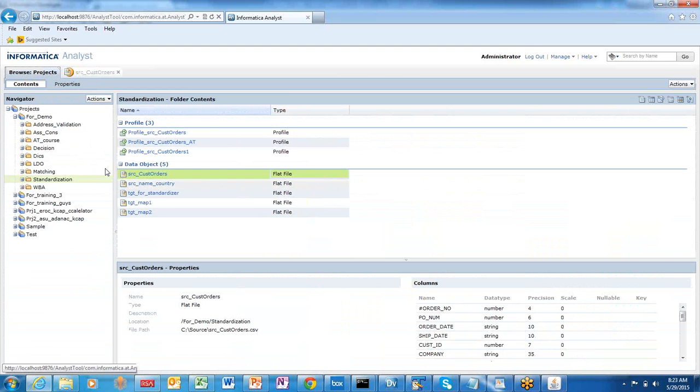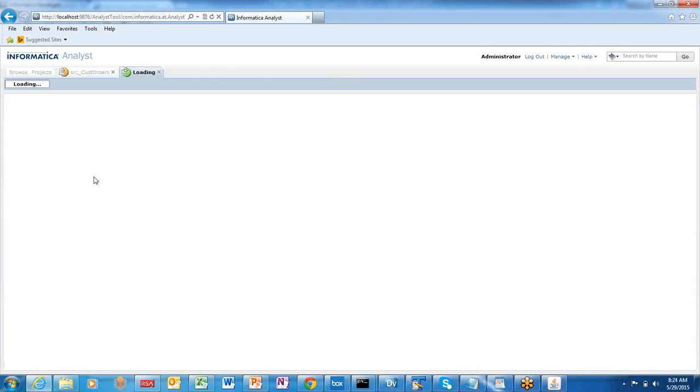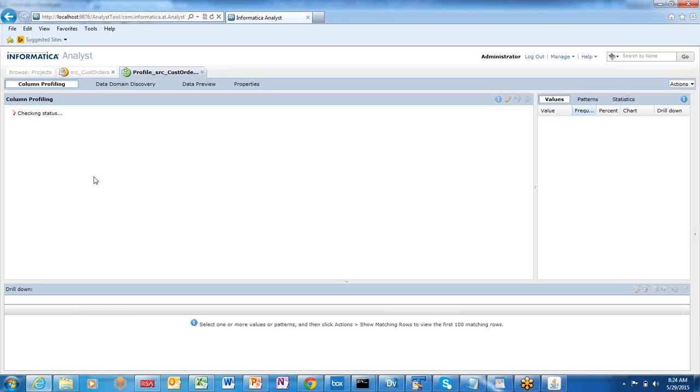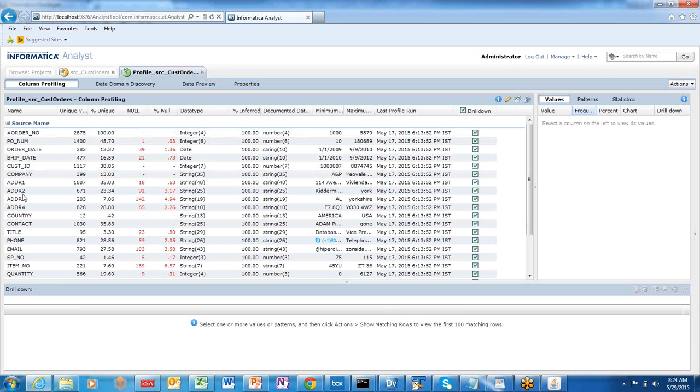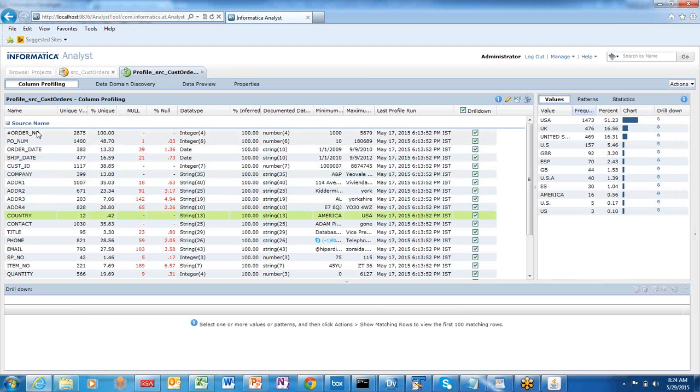So as a business analyst, I will profile this data. I have profiled this data already, and it gives me insights about my data. These are all the different columns in my source: order number, purchase order number, order date, ship date, customer ID, company, address one, contact. So basically these are the different columns, and what are the unique values in each and every column, and what is